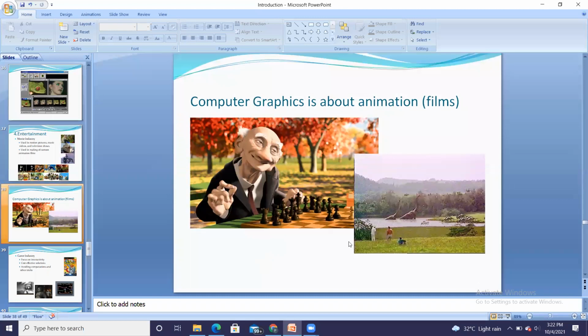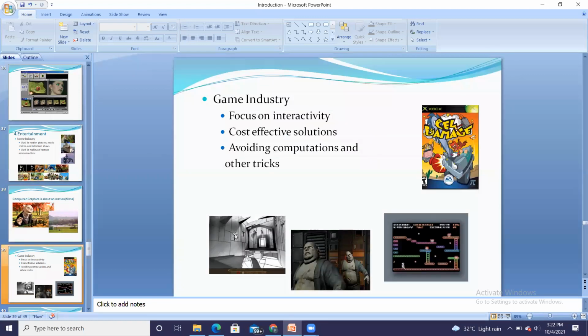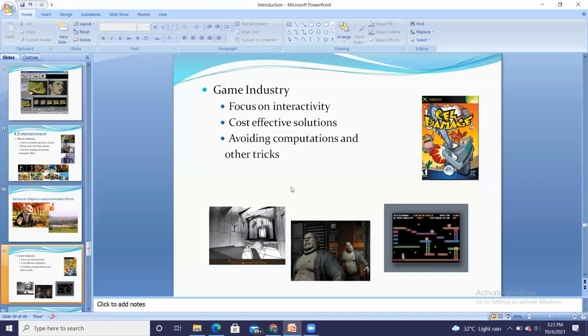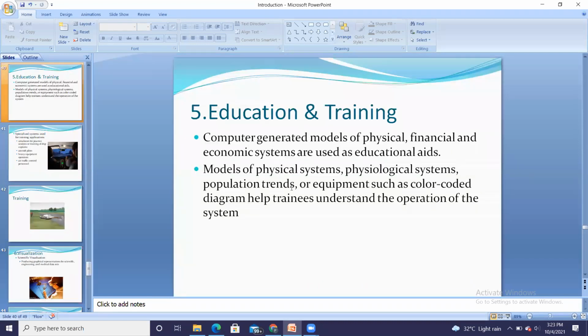Along with entertainment in movies, we can use CG in the game industry also. The different gaming applications focus on interactivity, cost effective solutions, and avoiding computation and other tricks. So these are used in the game industry as well.